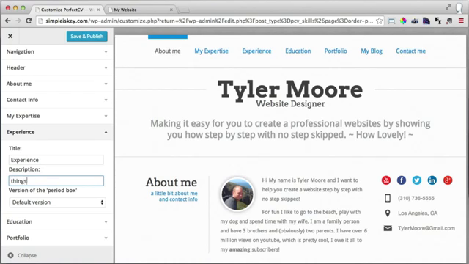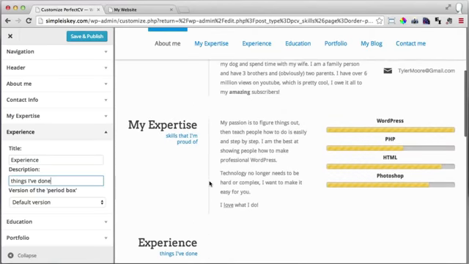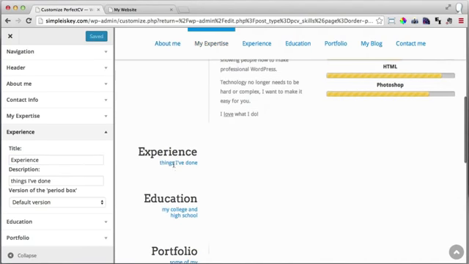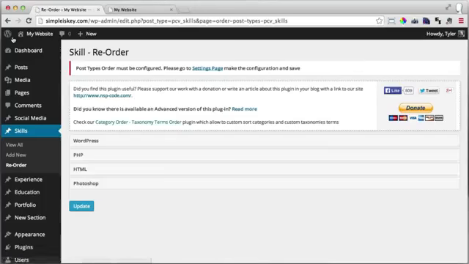So I'm just going to put things I've done. Scroll down, wait for it to update and press Save and Publish. All right, once we do that, we're going to see that it has changed to things I've done, and we can exit out and go back into our